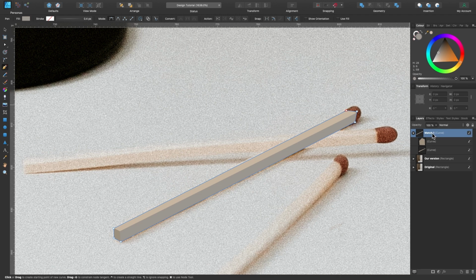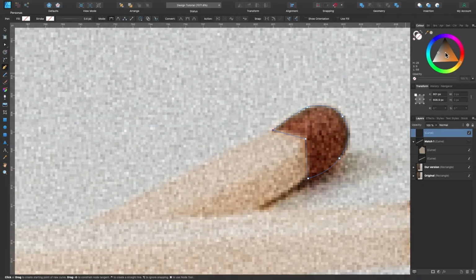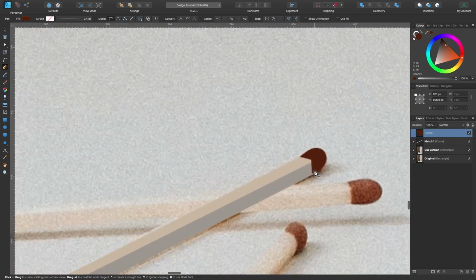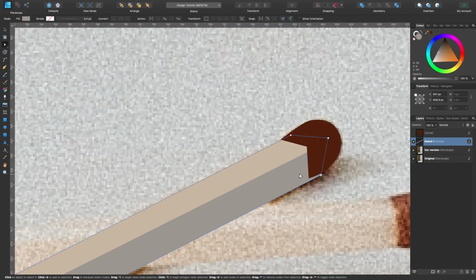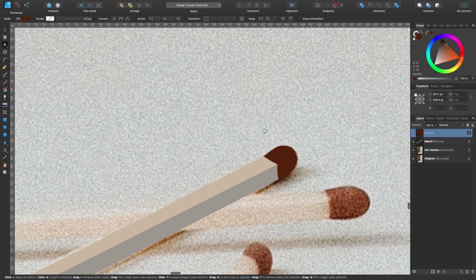All right, let's hide this match 1 and draw our outline for this match head. So it goes something like this, just clicking and dragging around. Something like that. I'll give it a bit of a red color as well. And we'll make that obvious again. It looks like it's getting a bit wider at the top there, so I'll just make some amendments. Okay, that's our match head. I could probably use a gradient on this actually, just to give it a little bit more depth.